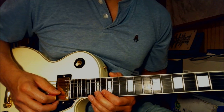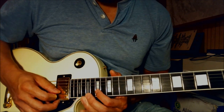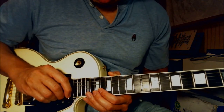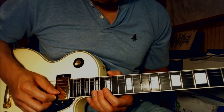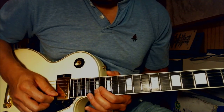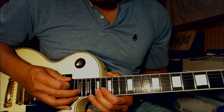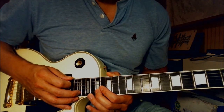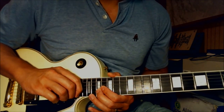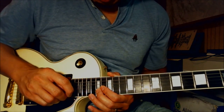Alright, the next part is basically an E major. It's sort of like section 2, but we're doing tapping. You can do it with the pick or tap. First of all, you place your finger on the 17th fret of the B string, and you pick it and you tap it on the 21st fret. So you do it 8 times. Alright, or you can do it with the pick if you want. Either way is fine. If you use the pick, you do that part 8 times,